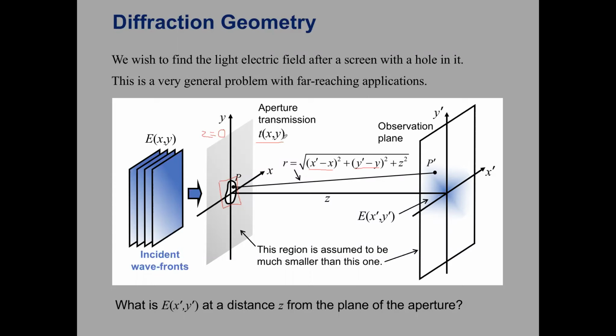And we're going to set up a method for, given the size and shape of our aperture, T, what does the pattern of our light on the screen look like? That will be E of x prime, y prime. We're always going to assume, for the sake of our class, that the incoming wave is a plane wave. Okay, so from here,